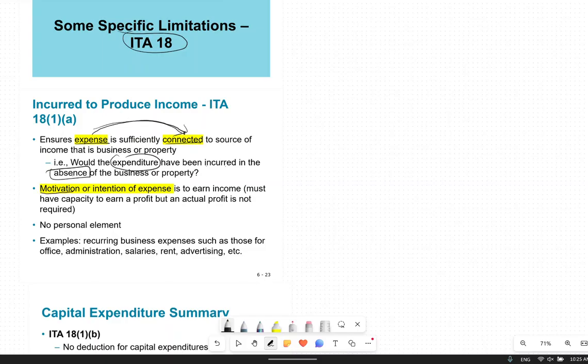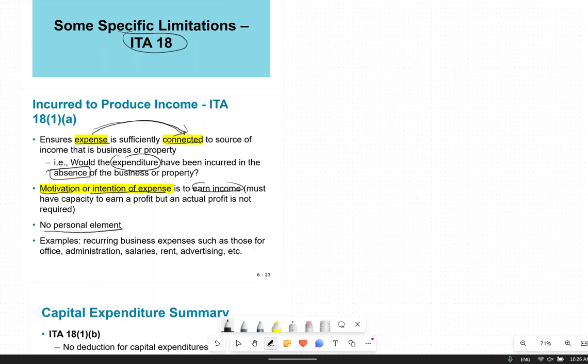What is the motivation or intention of you having this income, this expense? Is this expense to earn an income? If it's to earn an income, it's allowed. If it's not, then it's not allowed. There is no personal element, meaning you did not incur this expense for your